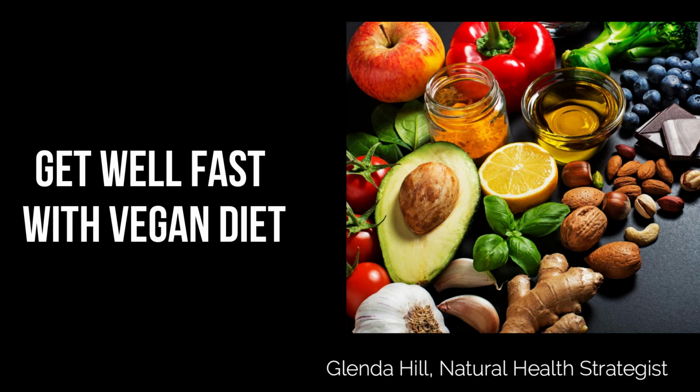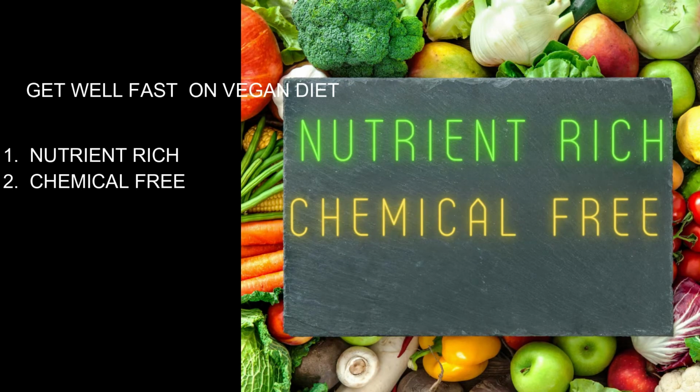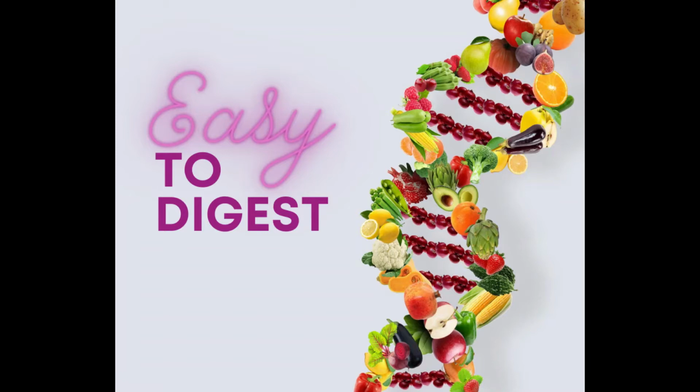And I love a vegan diet to get well fast because it really meets all the criteria of meals that give me highly nutritious, nutrient dense food as well as being clean. And so these are the two criteria. When you're trying to get well, you want your food to be clean and fresh and ripe and have high nutritious value. And that means herbs and fruits and vegetables,